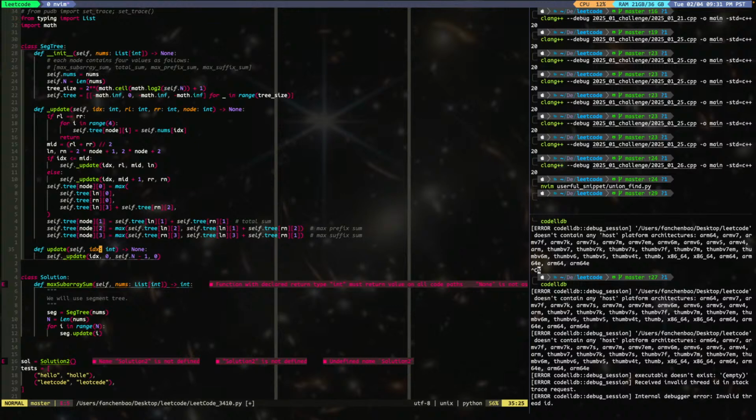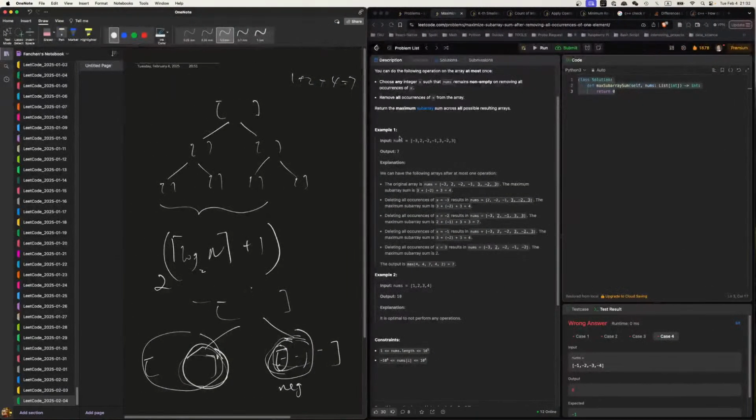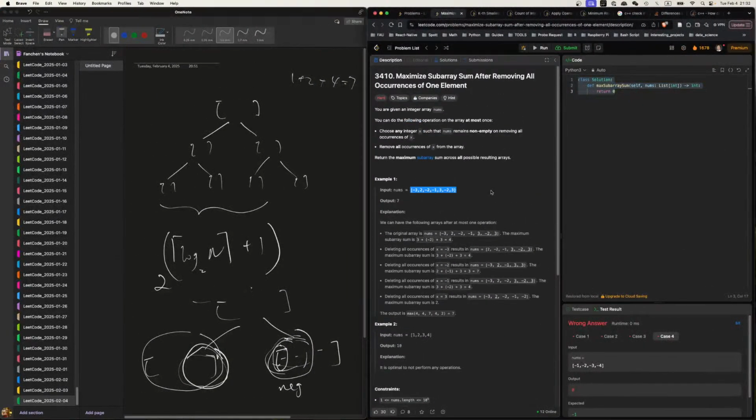Range left, range right. Yeah, I think it makes sense. And we'll do that once we finish this. I kind of want to run it just to see if this one works. You know? Let's run this. I'm just curious,